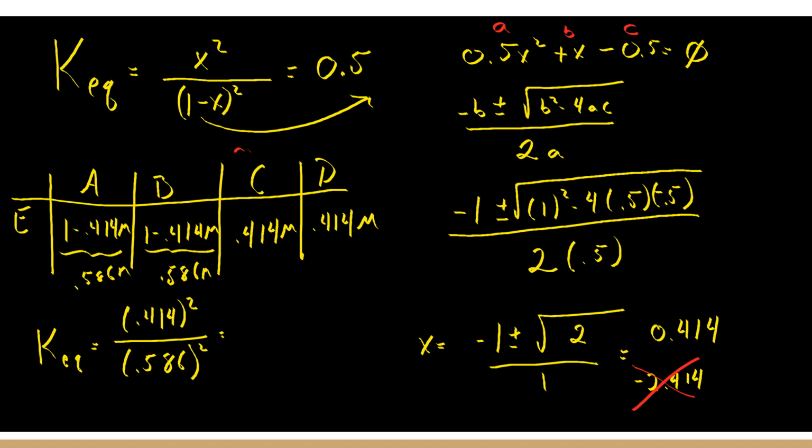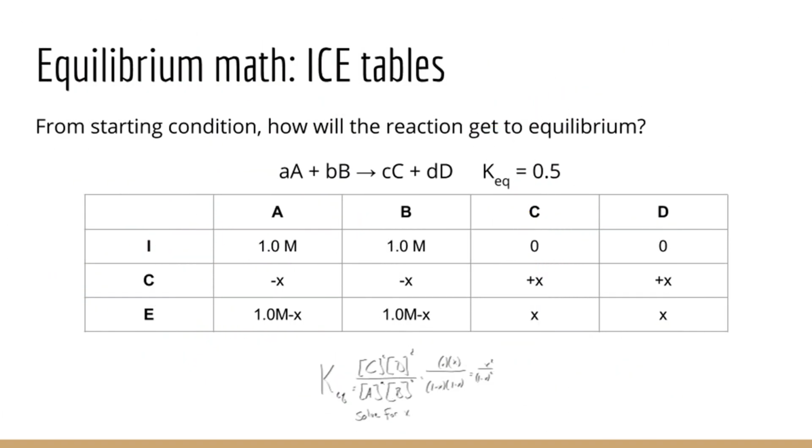And when you multiply all that out, what you get is 0.499. And that is as close as needs to be to 0.5. That's just a rounding error. It's kind of unavoidable. And so we have, in fact, found the equilibrium concentrations of A, B, C, and D